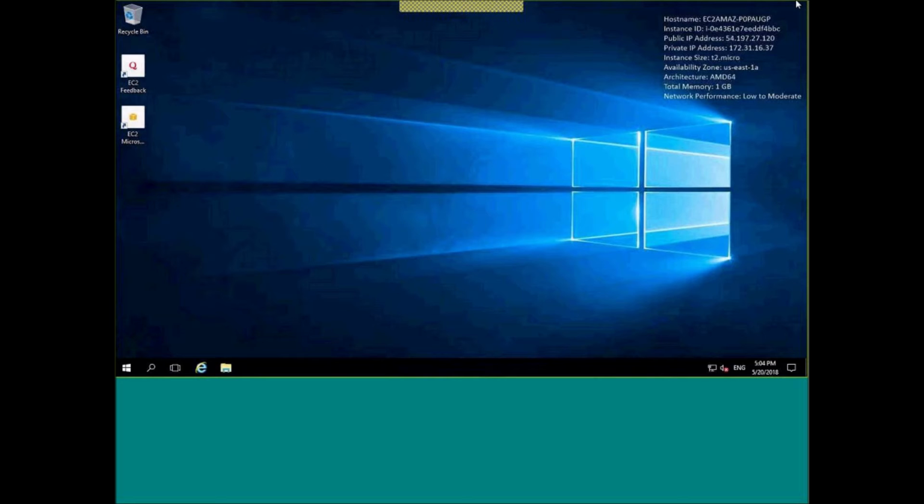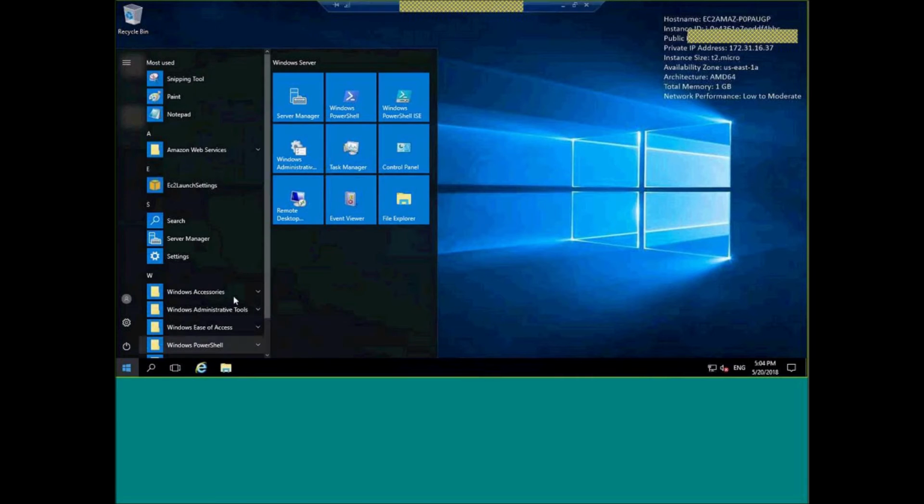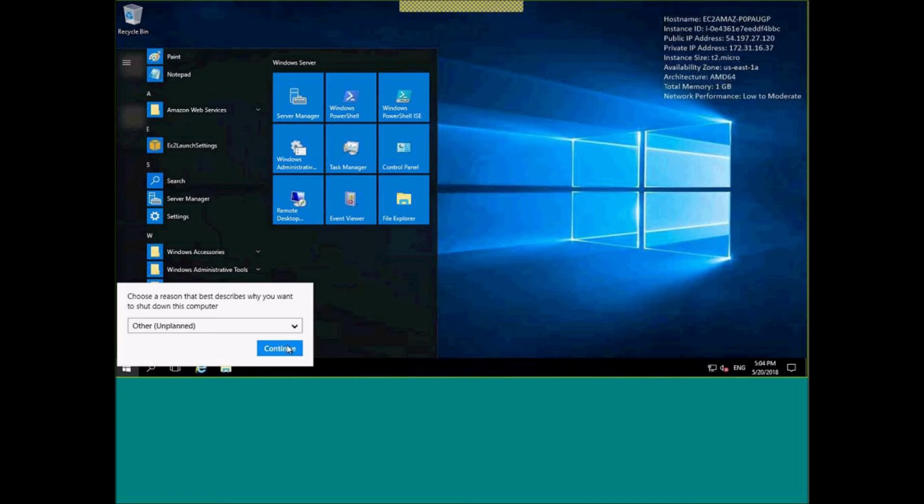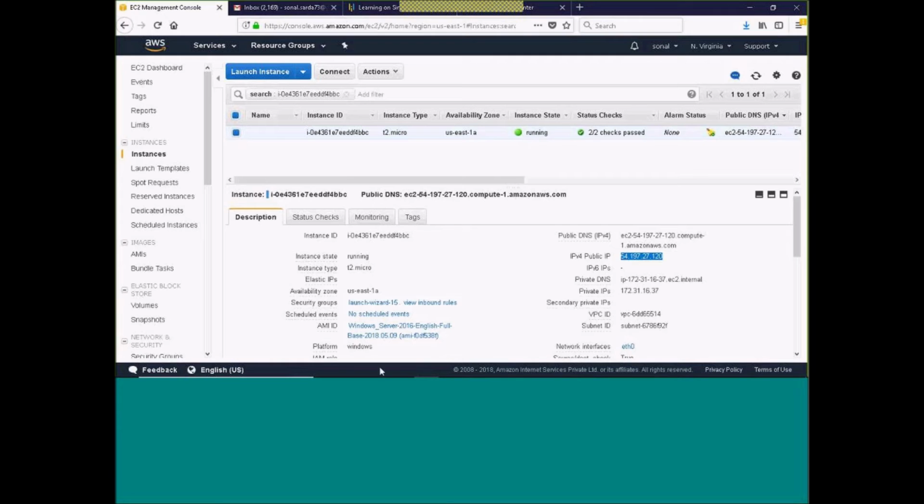So let me close this now. Understood. How can we launch both the Linux and the Windows instance?